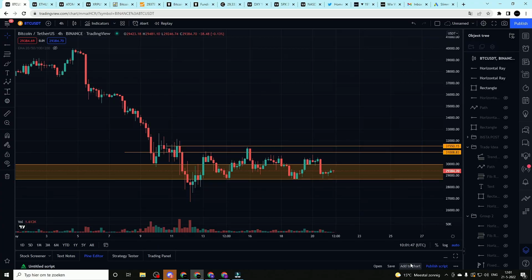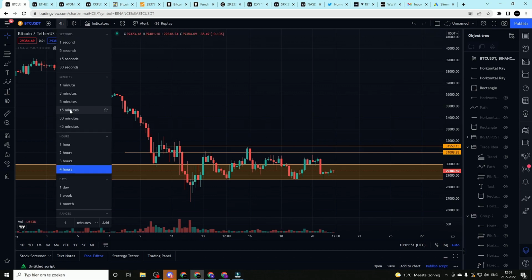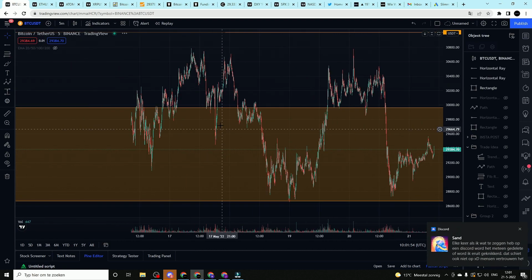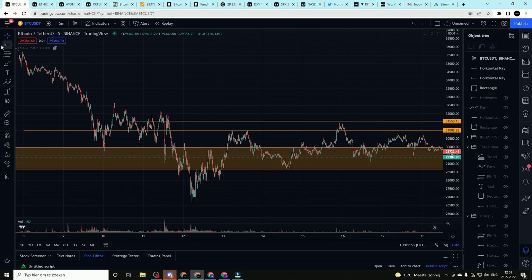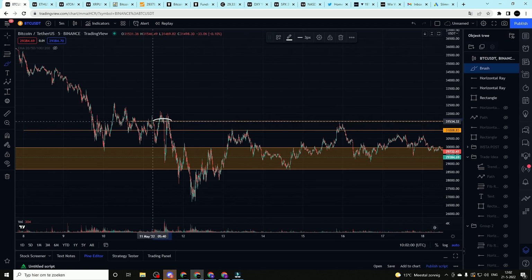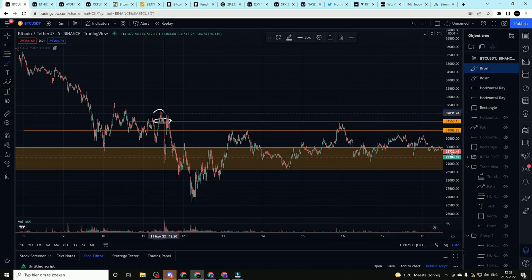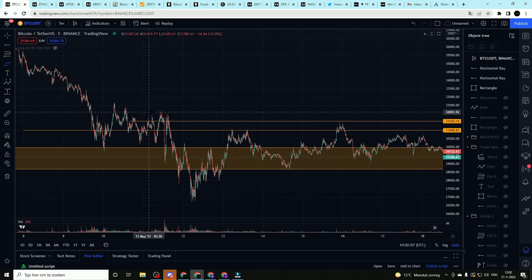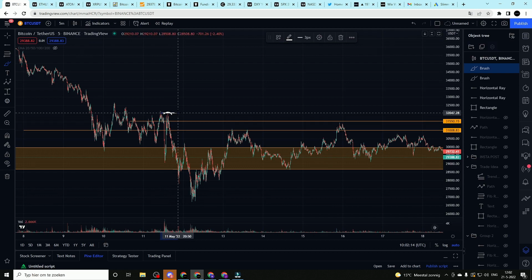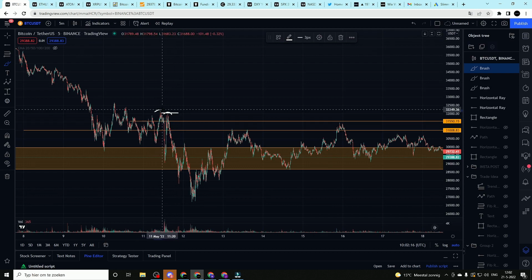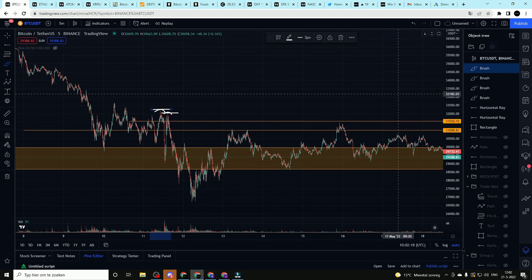Okay, so what I then usually do after I have found a higher time frame level of resistance or support, I go onto the lower time frame. So for example, the 5-minute time frame. And that is where I can see we have this 4-hour level right here, but we still have these lower highs right over there. And that is where you want to look for a perfect stop loss. So you don't put it above this high, because that is also a level where a lot of people are looking at, but you are putting it above this high right here,